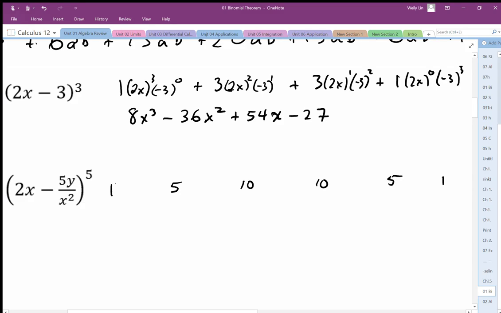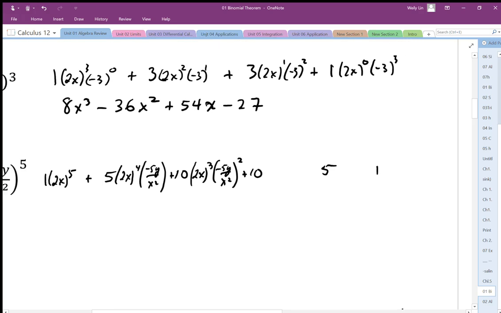Okay, so this is going to end up being 2 to the power 5 plus, okay, that's going to be power 0, so I'm just going to leave that out. I'm going to end up with 2x to the power 4, and then negative 5y over x squared plus, okay, it's starting to get a little bit crowded in here, so I just have to be a little bit careful writing this out. 2x to the power 3 negative 5y over x squared squared plus,